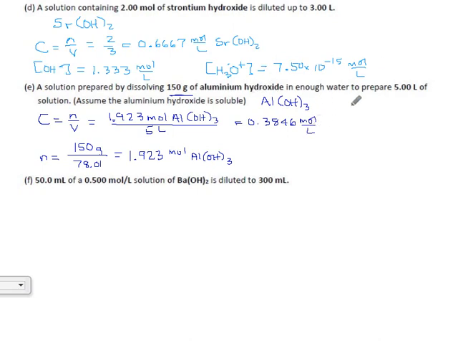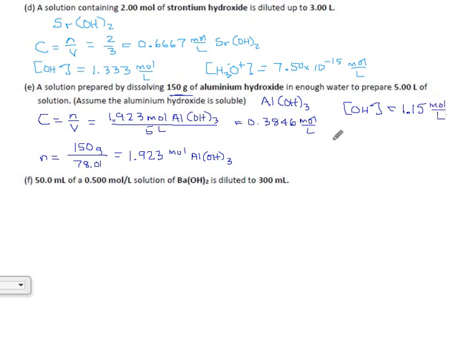Now the hydroxide concentration is not that number. It's not twice that number either. In this case, it's triple that number. Every aluminum hydroxide releases 3 hydroxides, so 0.3846 times 3 is how much OH we have, 1.15, and this is one of our finished answers, so I need 3 sig digs for this, 1.15